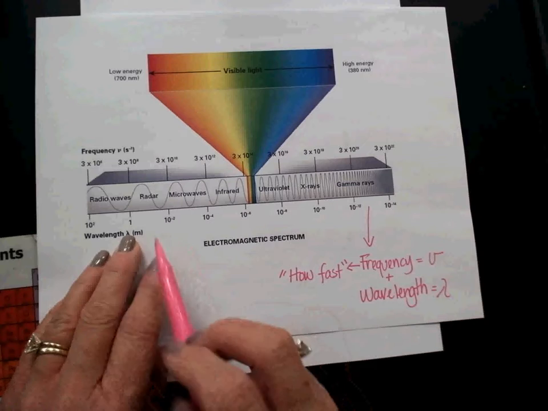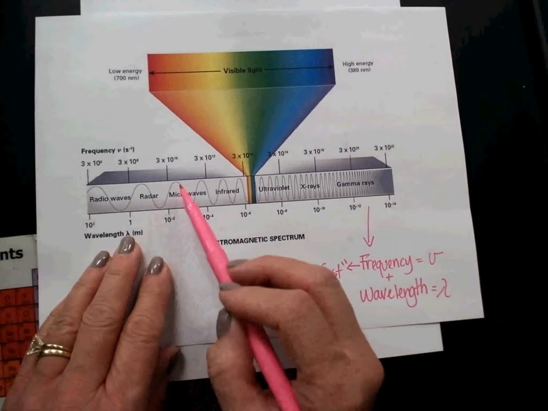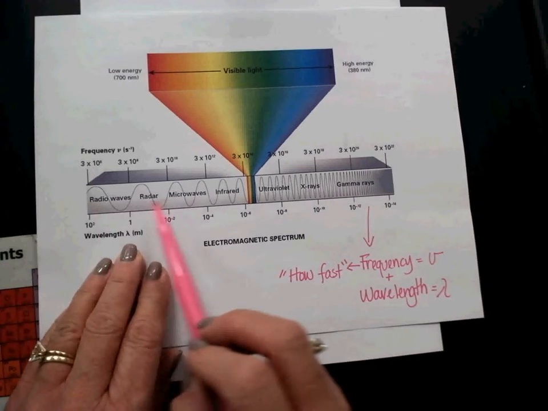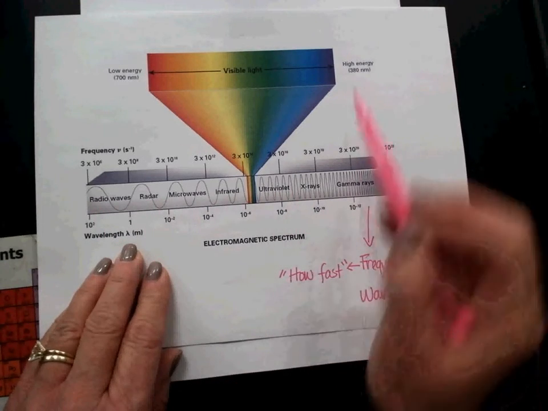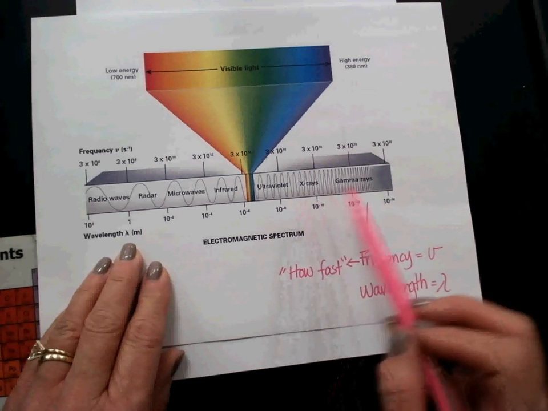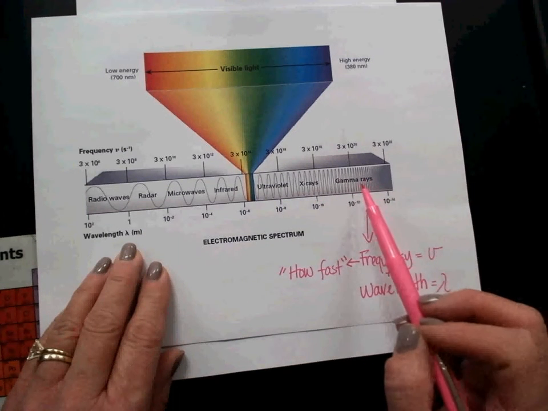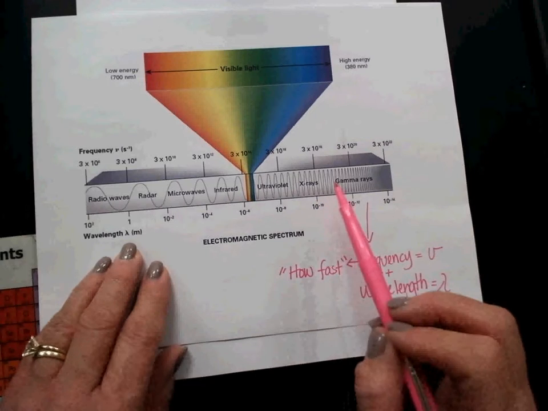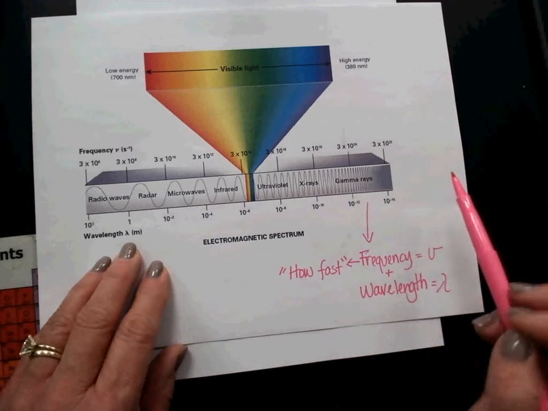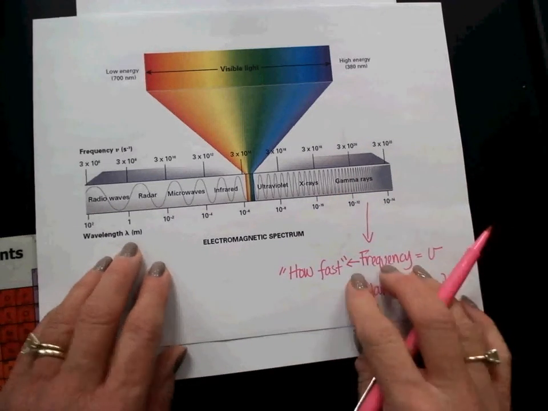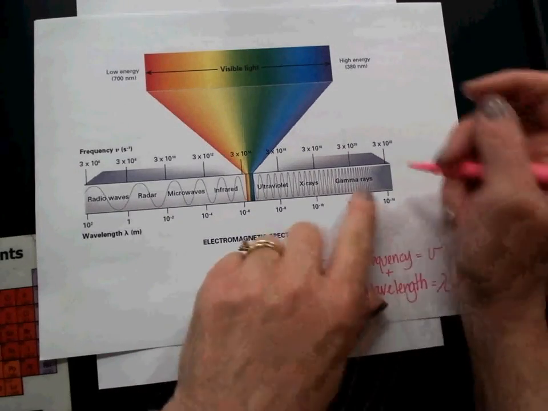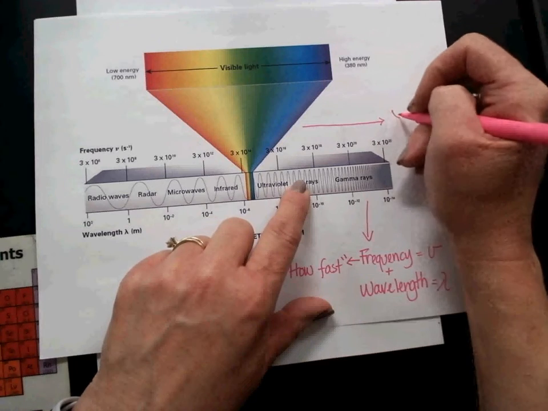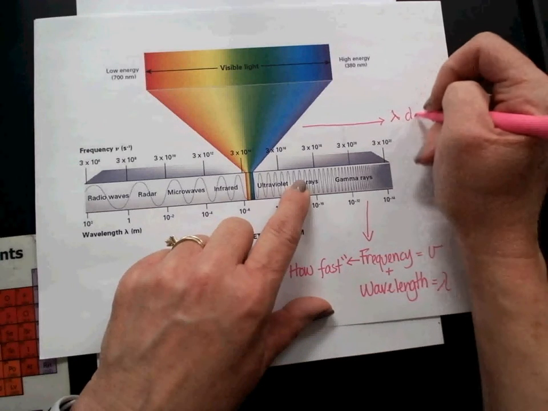Now, do you see this running through the bottom gray part? Those are the waves, the wavelength. What happens to the wavelength as I move towards violet light or towards gamma rays? What's happening to the wavelength? It's going up or going down? Getting longer or shorter? Maybe that's another way to say it. Fletch? Shorter. It's decreasing. So, as I move this way, my wavelength